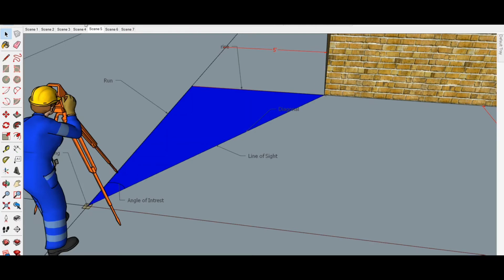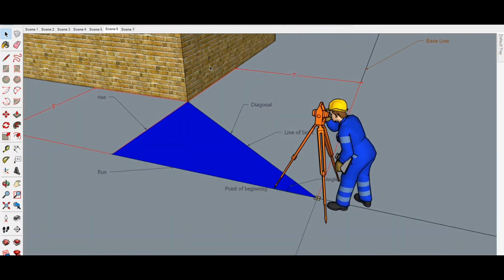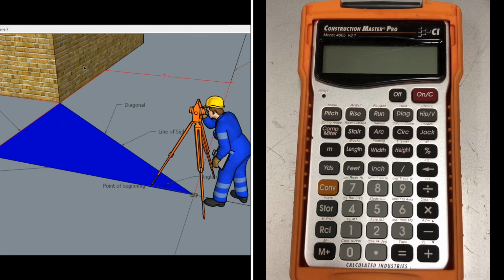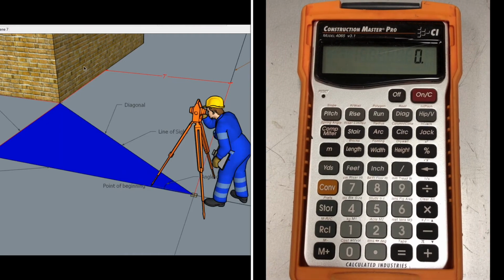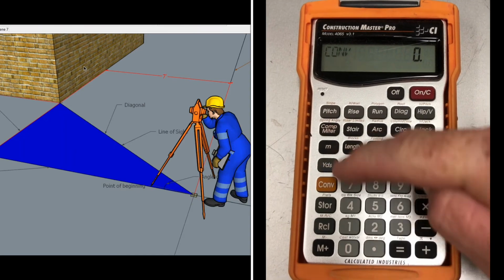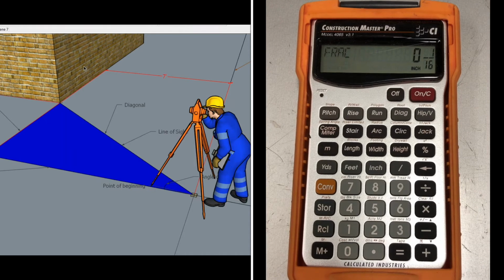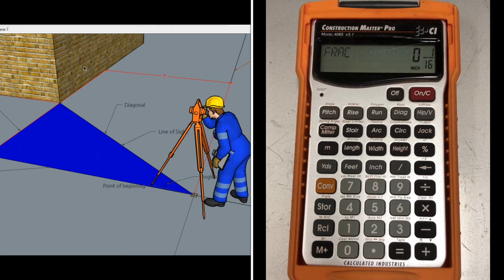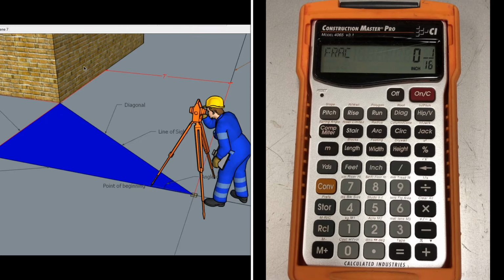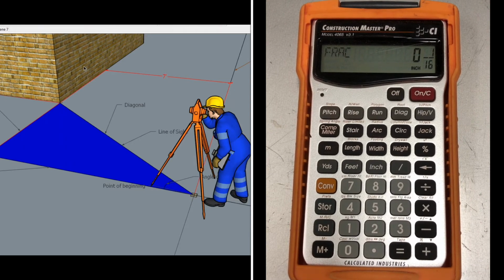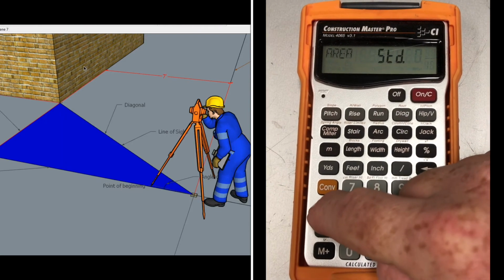If we take our calculator and open it up, the first thing I like to do is change some preferences about my calculator. I turn it on, then I hit convert store. What that does is it changes the preferences. If you're working with a Construction Master calculator, same function, convert store, and you should end up with something that says fractions. That's the preference your calculator is set at for tolerances. Continue to hit store until you come across